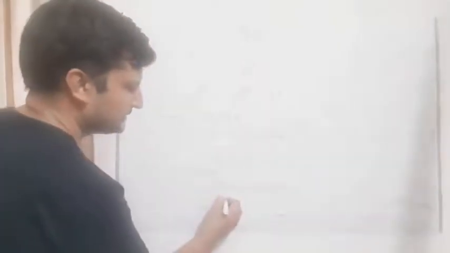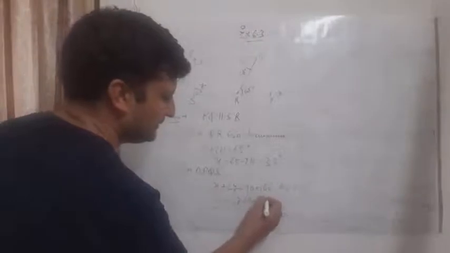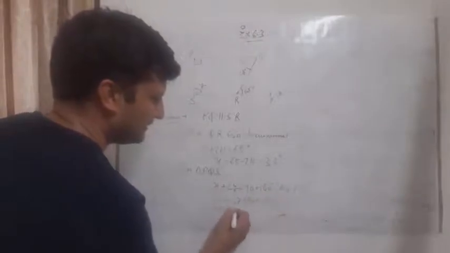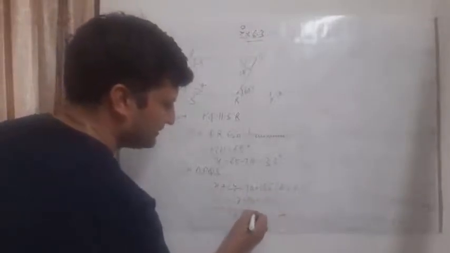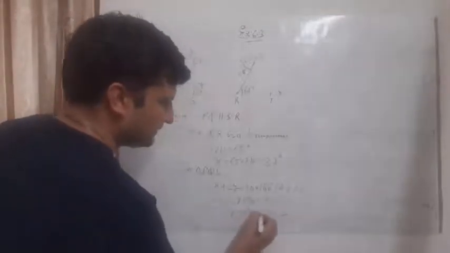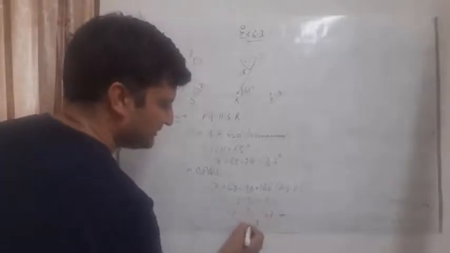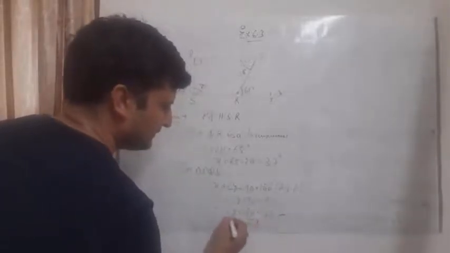So students, now we have found the value of angle x. What is the value of angle x? 37 plus angle y plus 90 degrees is equal to 180 degrees. It means angle y is equal to 180 minus 127, where 90 plus 37 is 127. So 10 minus 7 is 3 and 7 minus 2 is 5. So angle y is equal to 53 degrees.